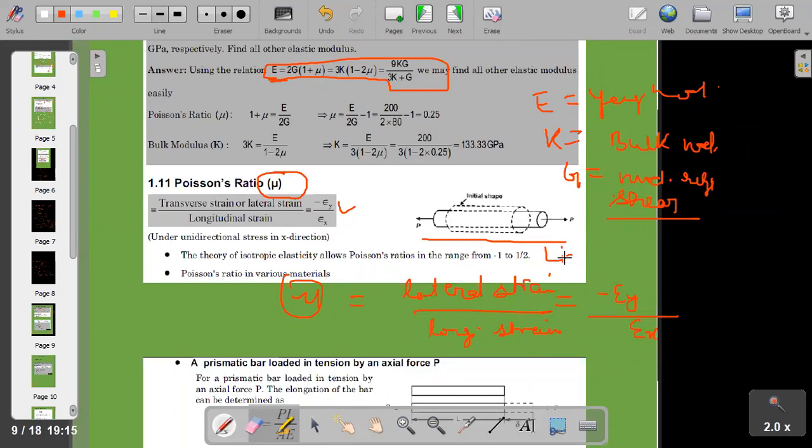That is called sigma x, meaning this is the x direction, a strain meaning change in length in the x direction, divided by